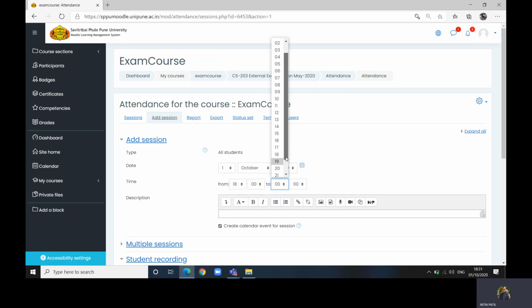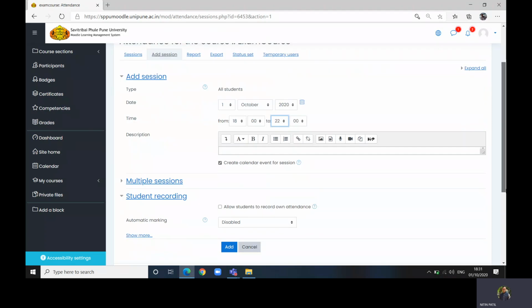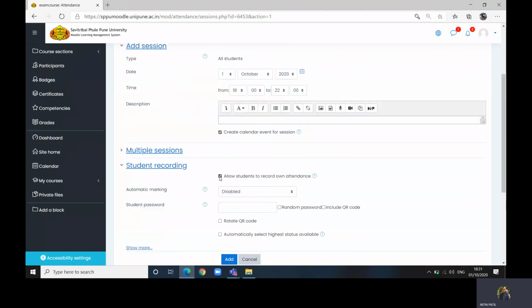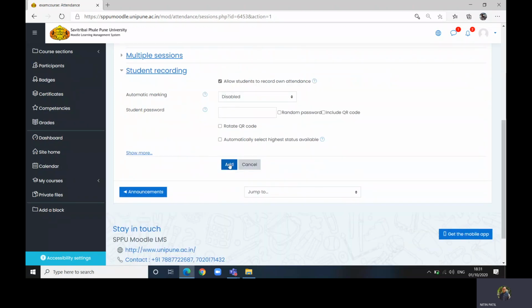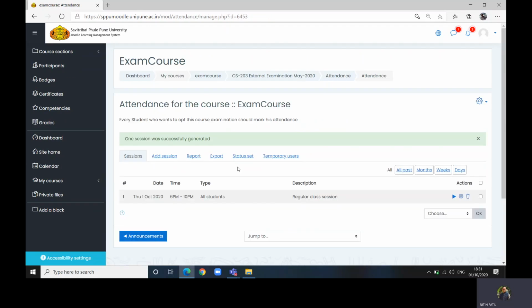So I will say 8 to 10 p.m. So we are asking the student to register his attendance. So you say allow students to record their own attendance, and say add. Now you added the session, one session is added by you.